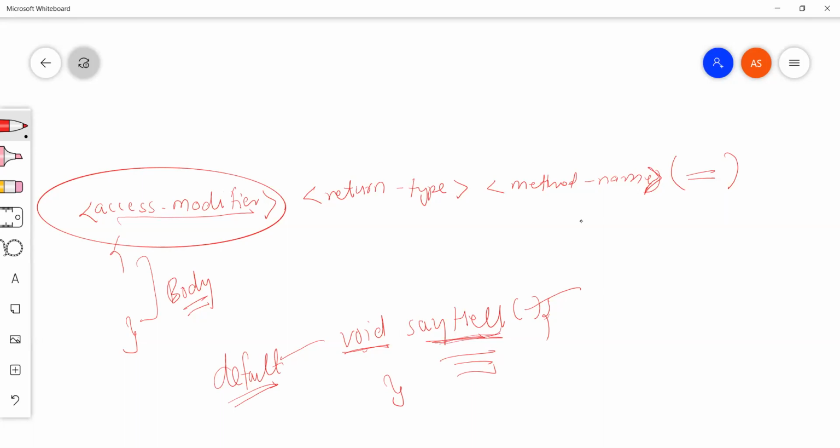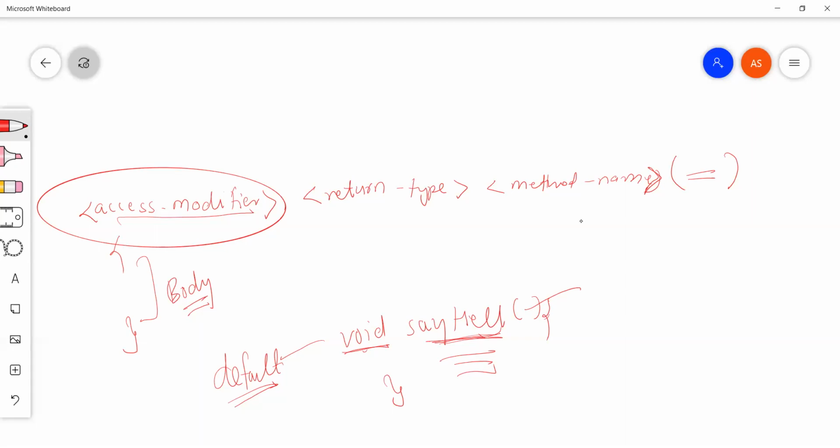A class which we haven't declared as public will be accessible only inside the package in which we have declared it, and the method will be accessible only in the package where we are declaring or writing it.